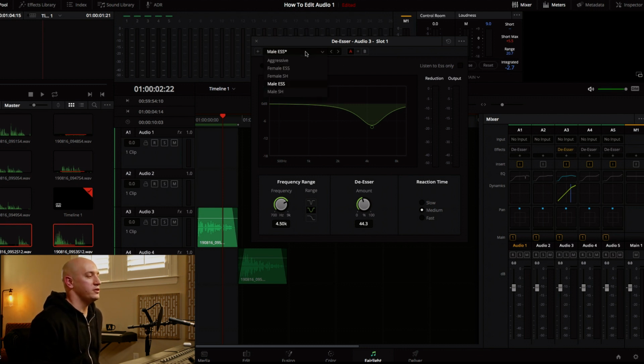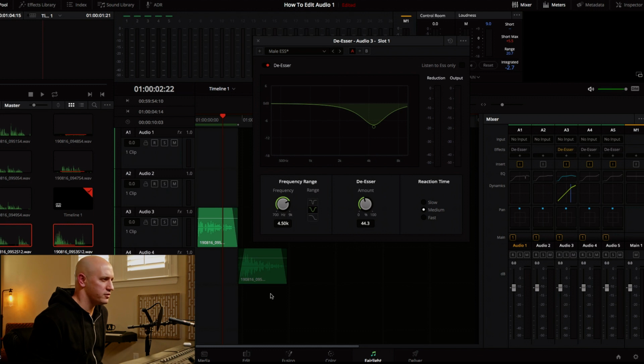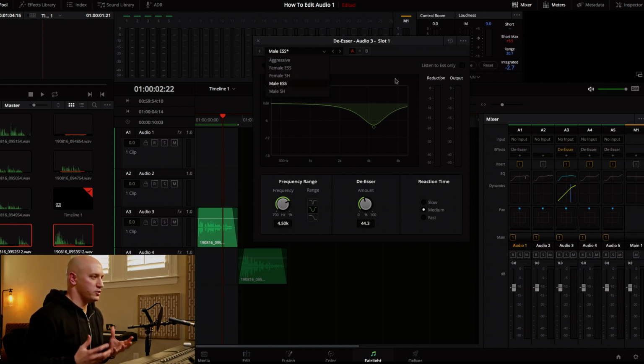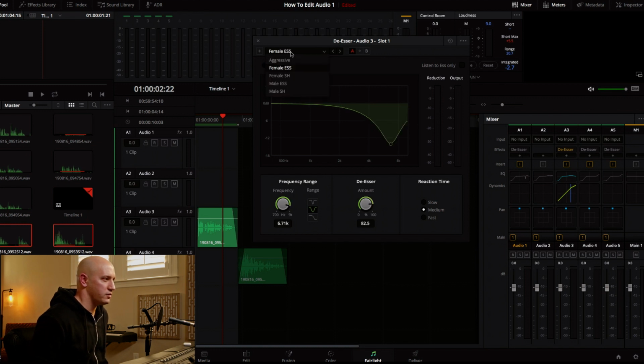And presets are your friend. They don't seem to have those on every plugin, but on the Deesser, we do have them, and they're pretty straightforward. Female S, female sh, male S, male sh. Those all occur in slightly different frequency ranges, and these presets are dialed in to target those and reduce them as needed. And in this one, we had a pretty harsh S on the word inside, so I